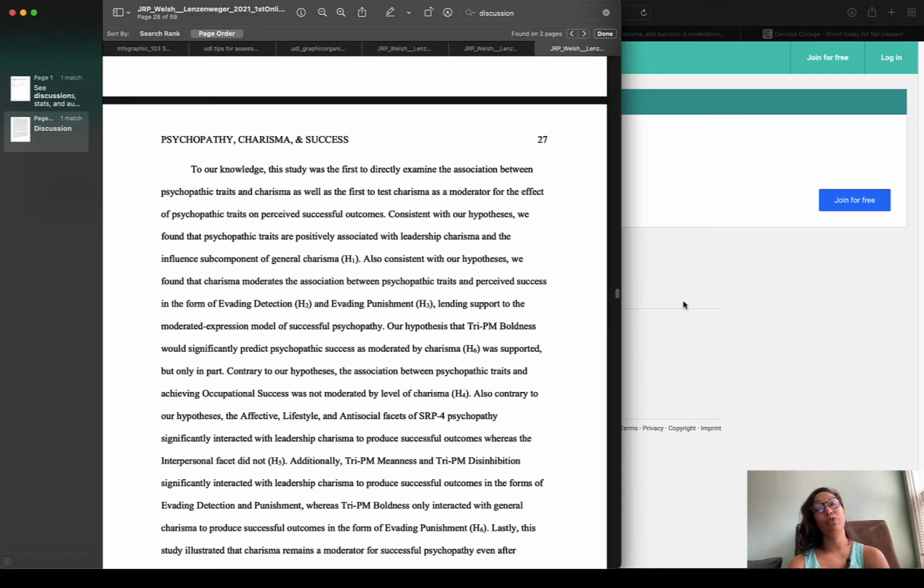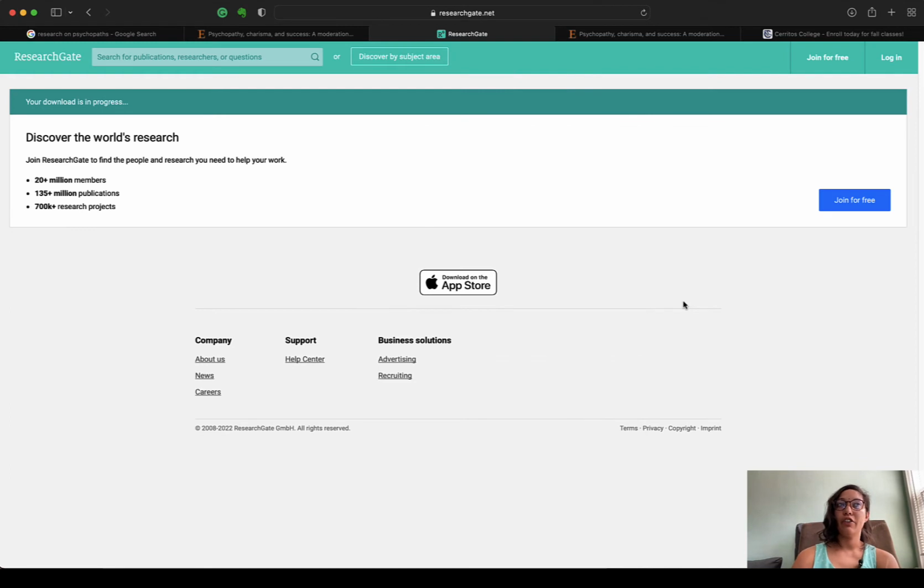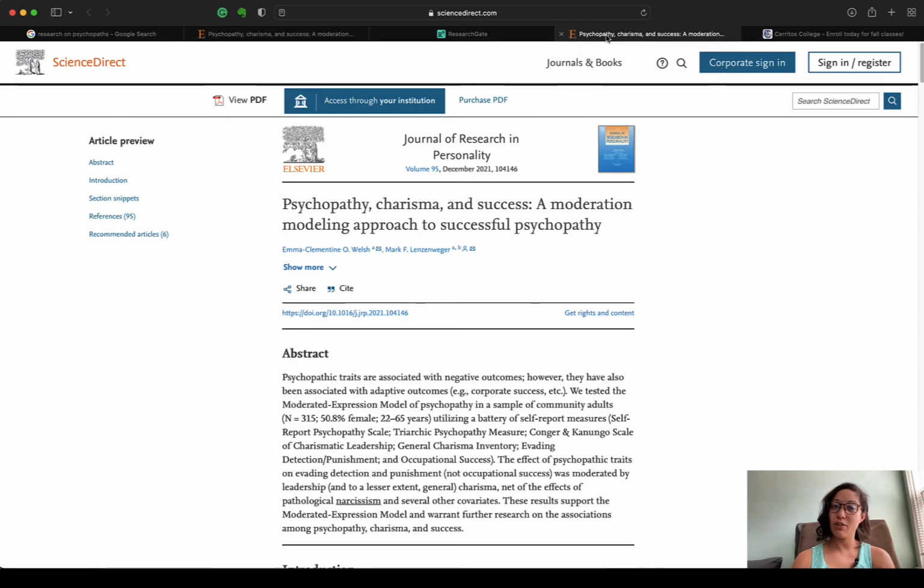You don't need to do any reading for this particular assignment. You just need to do the locating. Even if you're like, well, Dr. Griffin, I just want to be able to look at articles for fun. I don't want to have to do research every time I open my phone. That's fine. You don't have to locate original research every time. But I need to know that you know how to locate it if you wanted to and if you needed to.